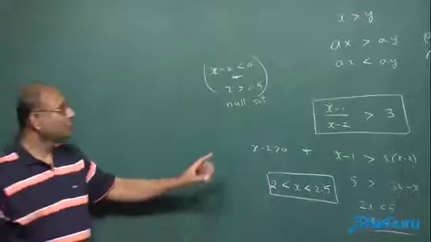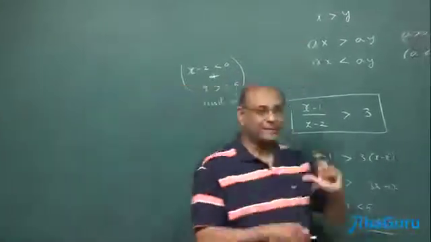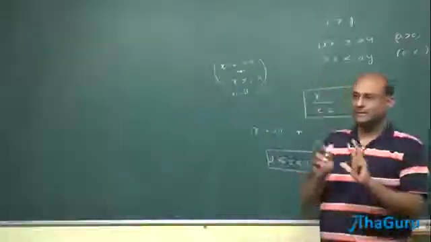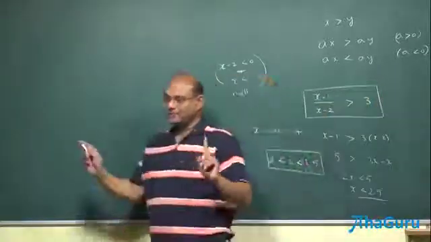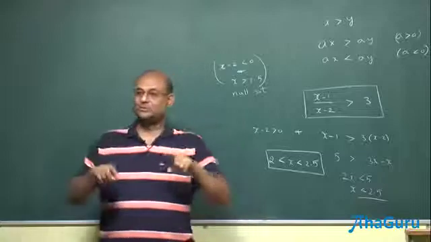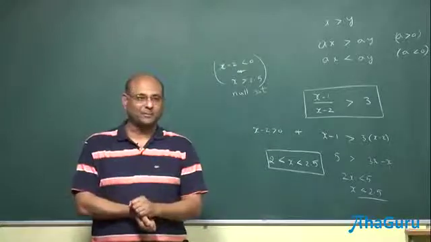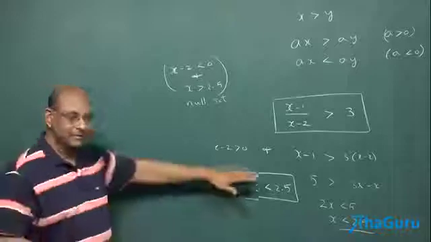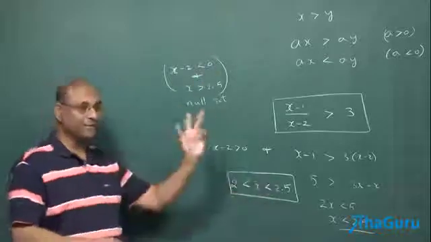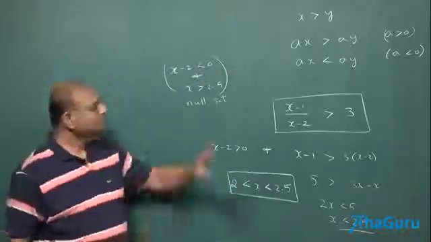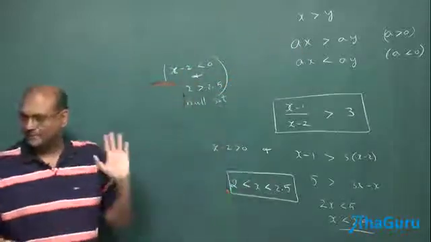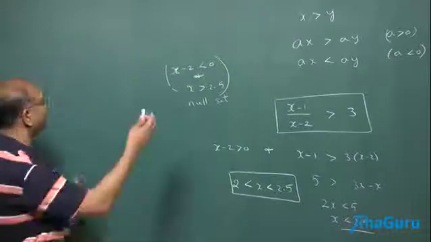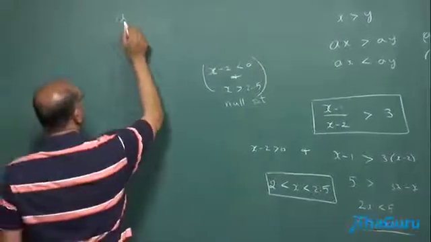Is that clear? It's a very simple point that when you're multiplying by a negative number, the inequality flips. So whenever you're multiplying an inequality, remember that you have to be sure that you are multiplying by a positive number. So that becomes a condition. Or if you are sure that it's a negative number, then you remember that you should flip the inequality. So this kind of stuff is, I think, reasonably straightforward and clear. Of course, there are very simple kinds of rules.